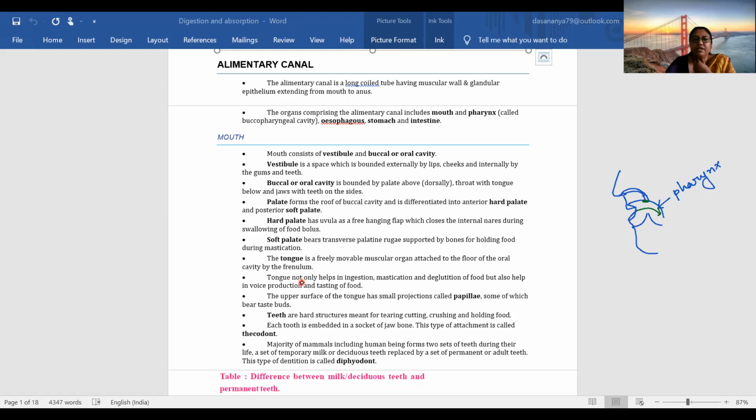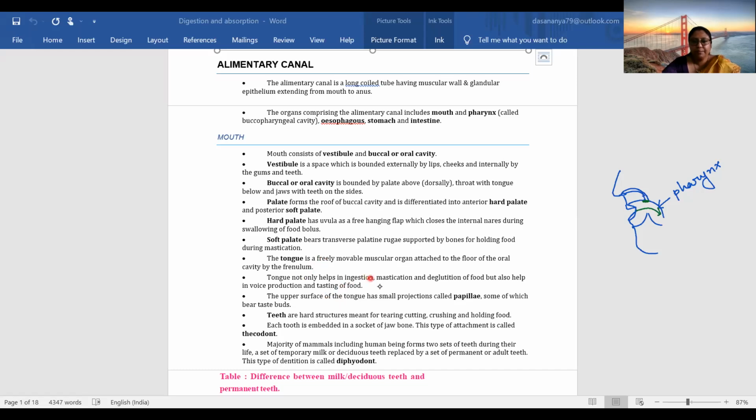उनकी जो टंग होती है वो पीछे से फ्री रहती है, सामने से अटैच होता है. So whenever they are seeing the prey, they just throw their tongue like this. The tongue will stick with the prey and then they take up the tongue like this. Okay, but our tongue cannot come too much out of our mouth, and it is a freely movable structure.